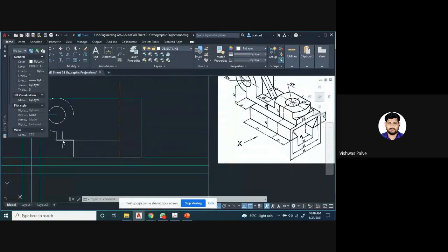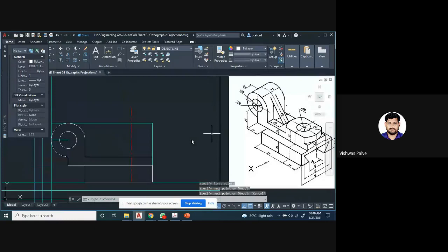So in that, I will draw one parallel line here. So offset distance of 10 millimeter. Select this line, offset of 10 millimeter. Then draw a vertical line from here, connect it. So this line I have represented. So this much portion I have drawn. See the curve portion, then the vertical line, and here I have drawn the horizontal portion. Now the remaining part I will complete as I complete the top view.